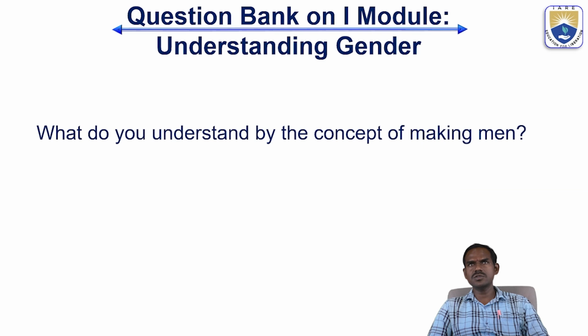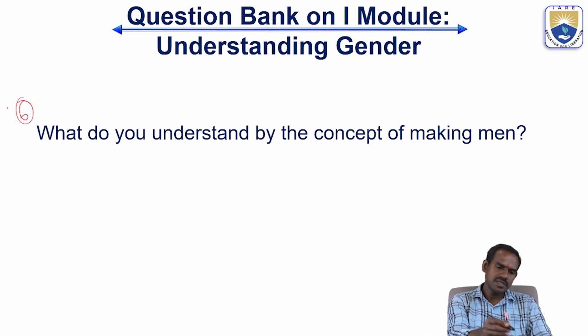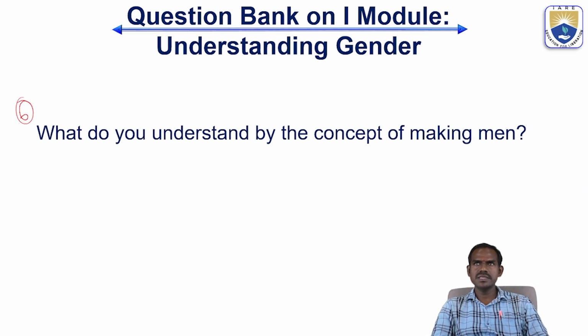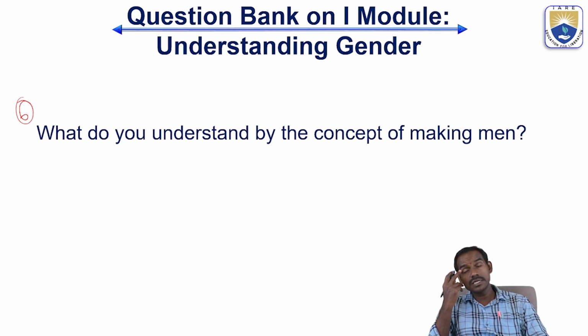Now let's look at the next question. Question number 6, that is, what do you understand by the concept of making men? As I told, men can also be made from mother's womb, but this is common to both men and women. Now, what you have to understand here is that the parents have to teach the way of living, and the mother will generally take care, more than anyone, and the father will protect from any kind of dangers that can be predicted in future. Okay, so in general, society attributes these kinds of roles to the parents.